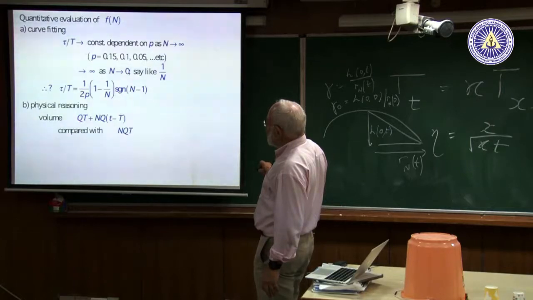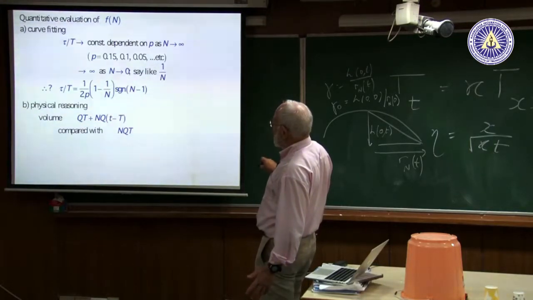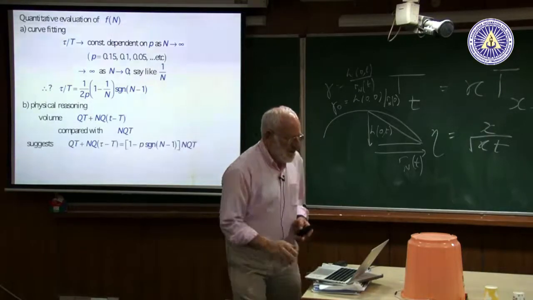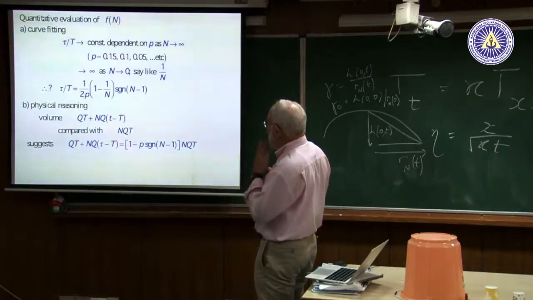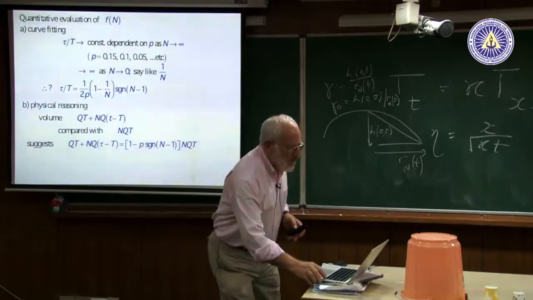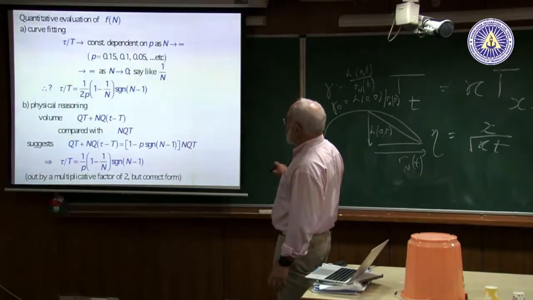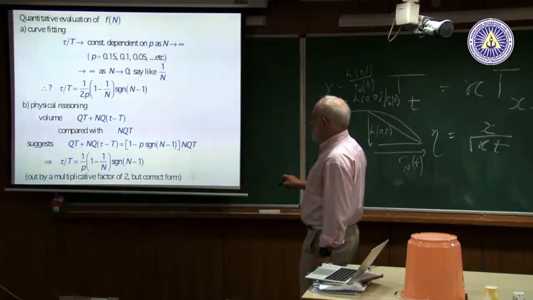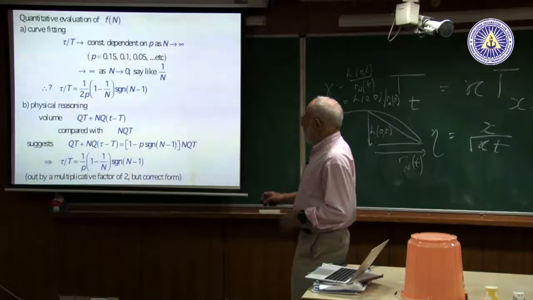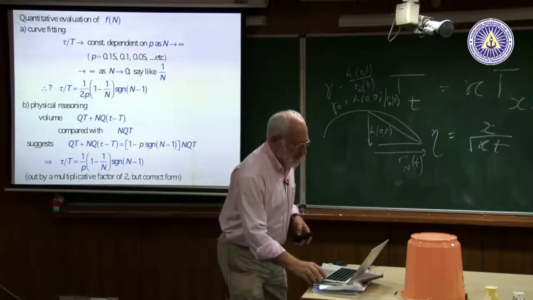But what the real volume is: QT plus NQ of (little t minus capital T), because it went at this for time capital T, and then you change the flux so that it's NQ. That suggests you can make the statement that the volume after can be compared with the volume that should have been there, putting in a factor which turns out to be correct here, as we know by curve fitting. So you're only getting a proportional sign here, you get the same thing. And again, you notice that at n equals 0, if you turn it off, there's a singularity there.